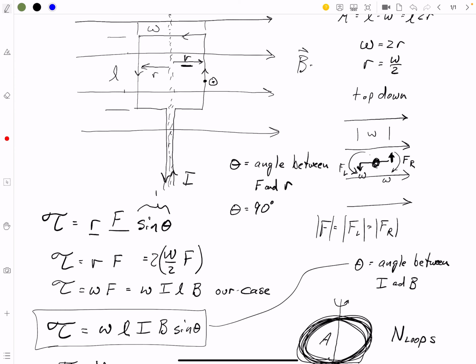Our width times length is the area. So really what we have here is that torque is equal to our area times our current times our B field times the sine of theta